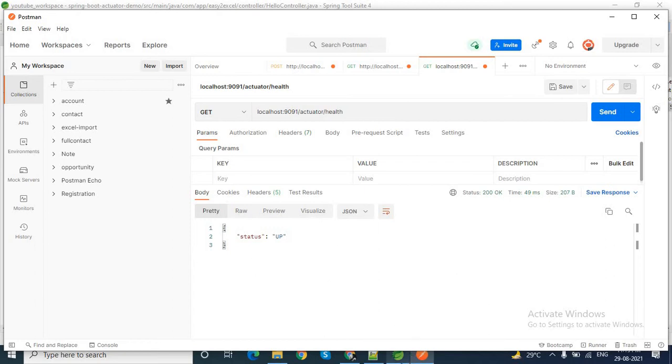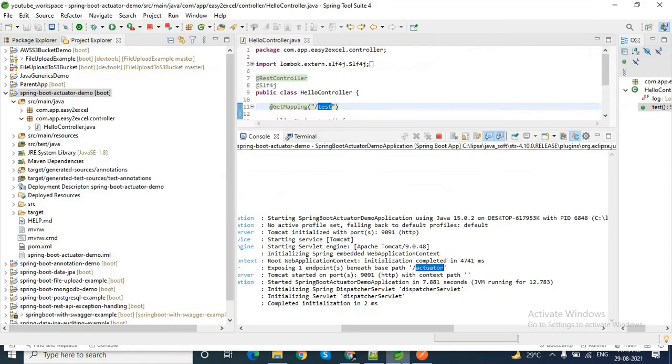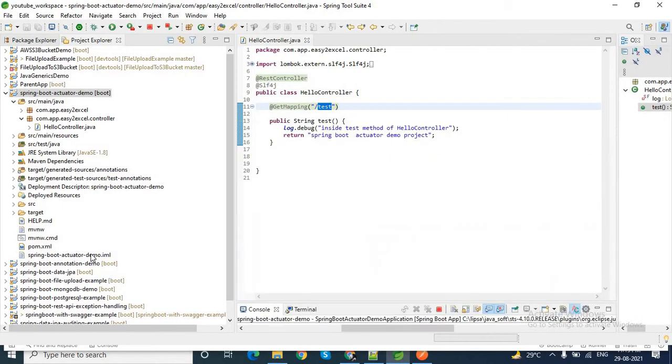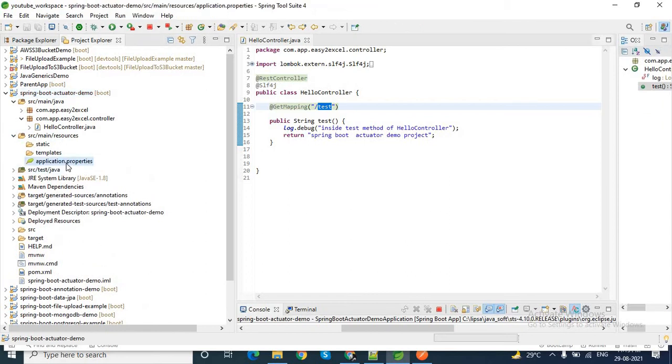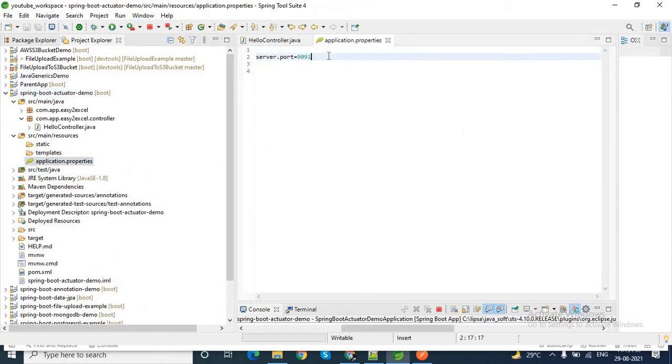Okay, so if I add these properties in my application.properties file, then I can check the details about the health URL. Let me show you.